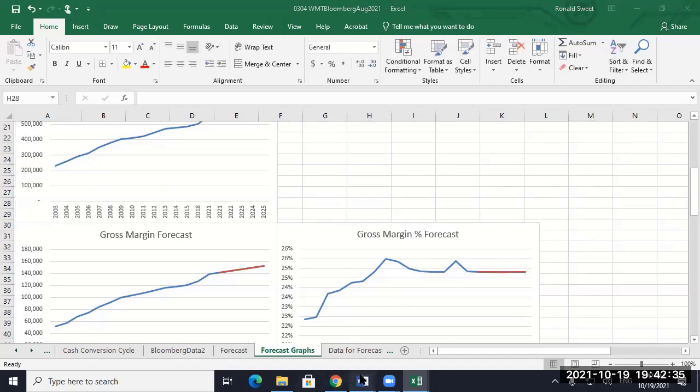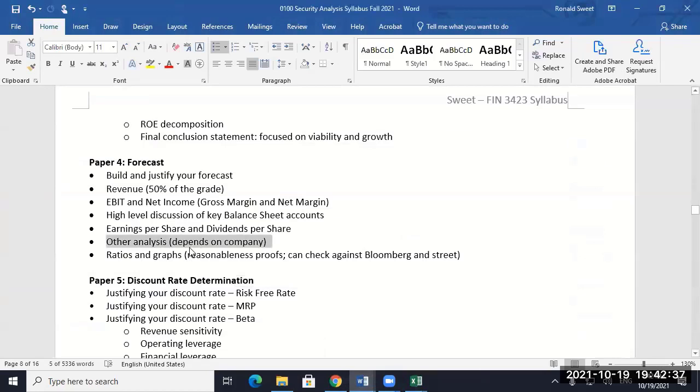All right. So that's paper 4. Paper 4 is what most finance students want because it's majority Excel work. That's what you want to do, right? Sit in Excel. You don't want to sit down and write it out. So here you just at the end write out like you did. But most of your paper will be on revenue.